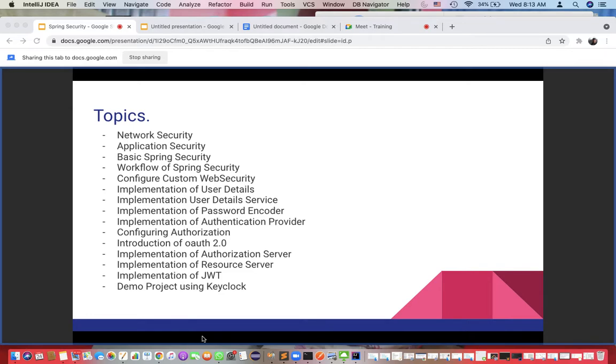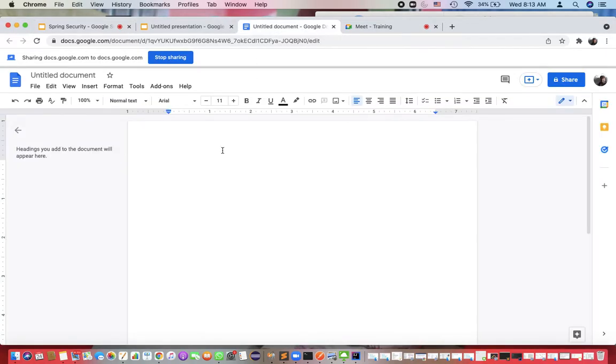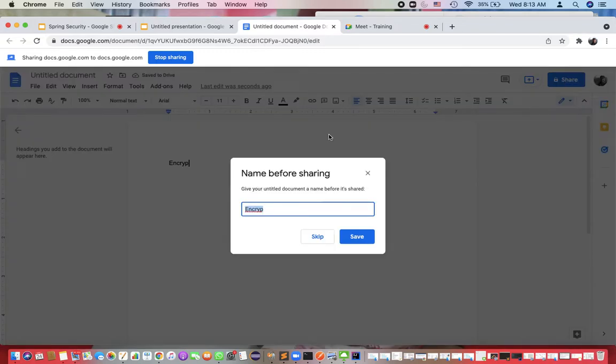So let me go with this, right? What is HTTPS? HTTP is a very well known protocol. Every application uses it, but HTTPS gives additional security, right? So how it gives additional security, that we need to understand. So assume that everyone in your engineering course has gone through encryption, right? What does it mean by encryption, right? So encryption is like, if you can